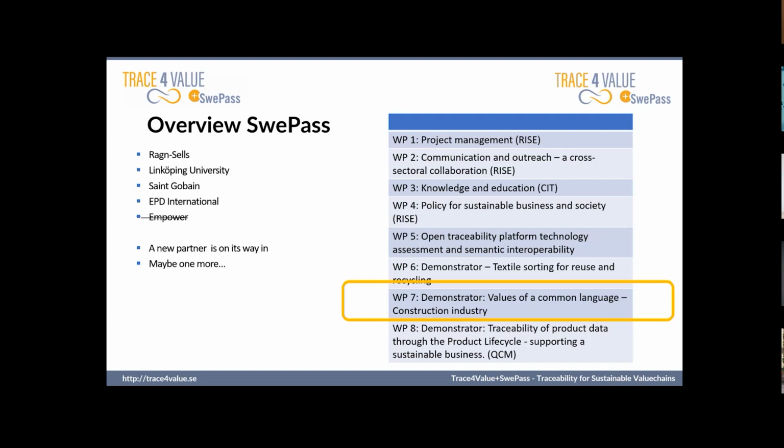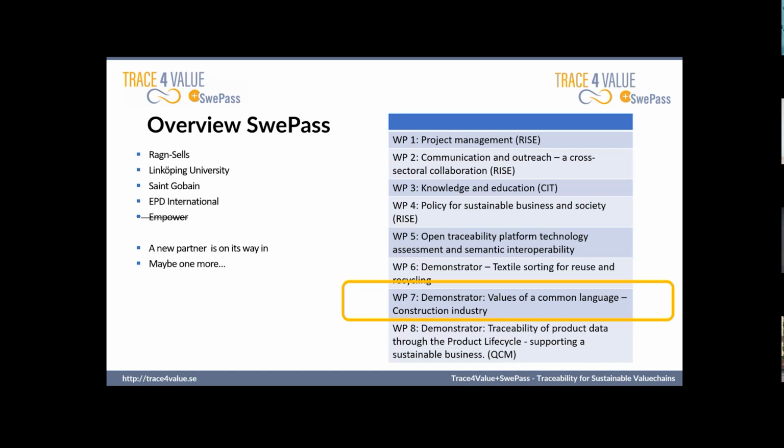We have also included EPD International because in our work package we look at not only digital product passports, but also how we can use the circular value network and the data in it to create different representations, because we see the digital product passport as one important representation, but there are plenty. So what are the different perspectives we can take on these circular value networks and the data we are collecting? And then we also need to define what data we are collecting for the different purposes.